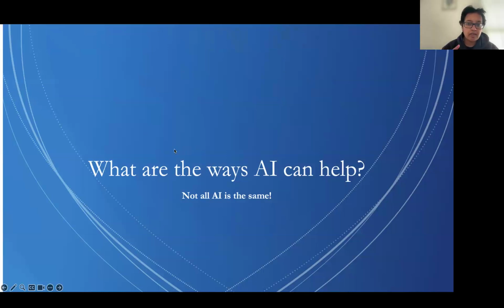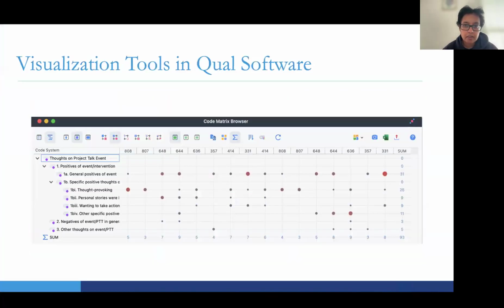All right. Lauren, can I ask a clarification question? Yes, you can. For the coding matrix, the bubbles that you have in the visualization, do the colors and the size of the bubble mean something? It does. Yes. Thank you for pointing that out. You can make it square, you can make it round. I'm blanking as to what the colors mean at this moment, but the bigger the bubble, the more times that